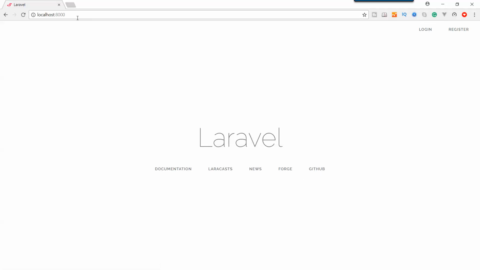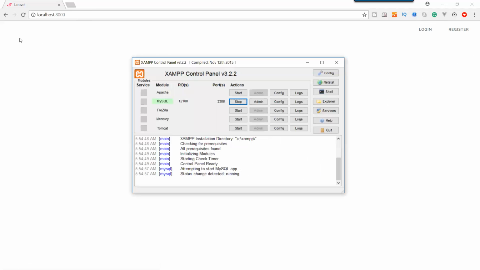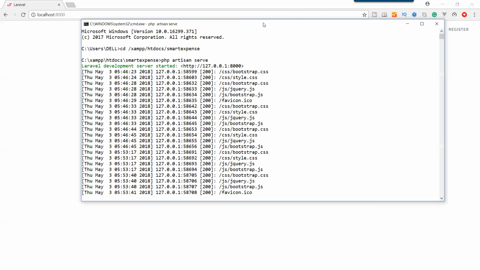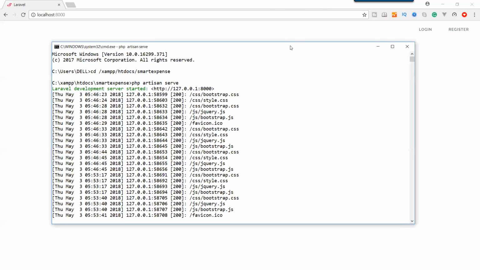First, make sure that your XAMPP server is up and running, because we are going to create a migration and database this time. Also make sure you run your server so that you can access it.